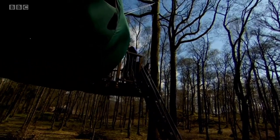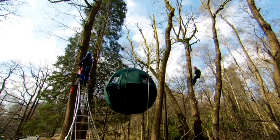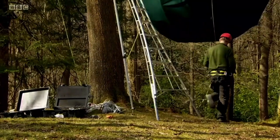I designed and built the tents to mimic what happens when you climb a tree. I can remember back to my childhood, I used to go climbing with my cat, and I can remember this time we were right up in the canopy and the tree started to move, and it was quite a special experience. The finishing touches are still being added to the National Trust's first 2 tree tents at Wray campsite on